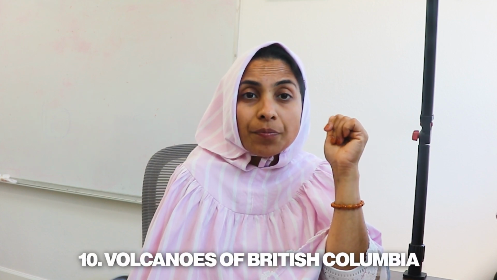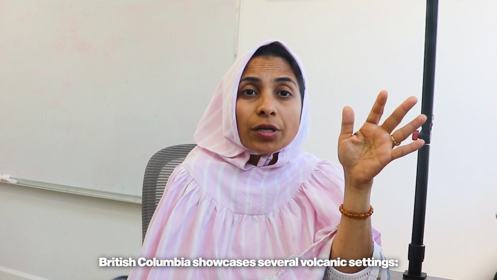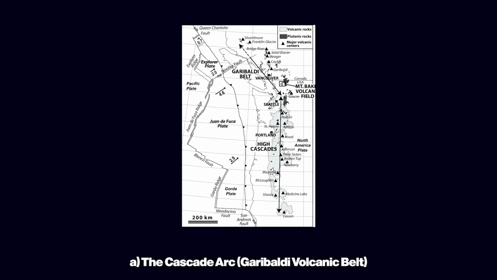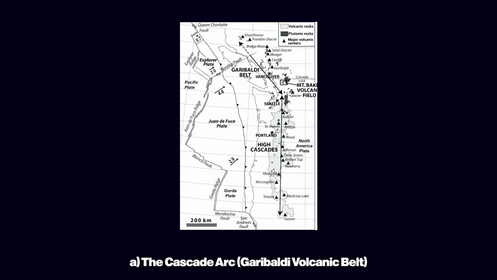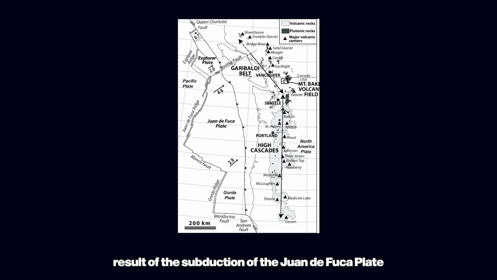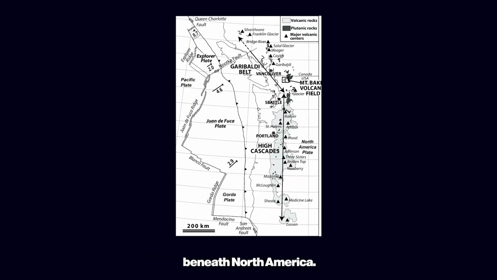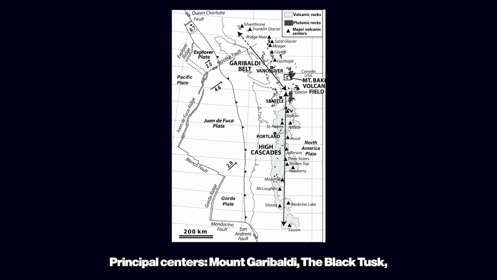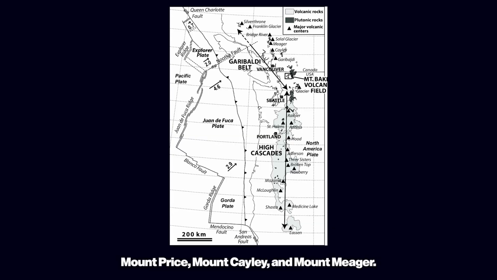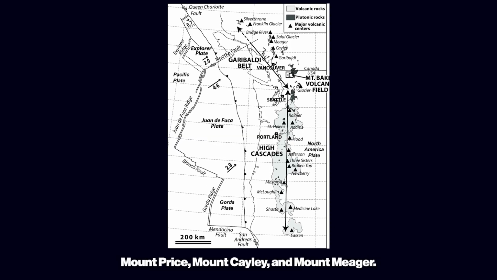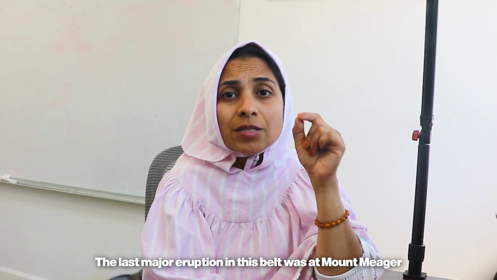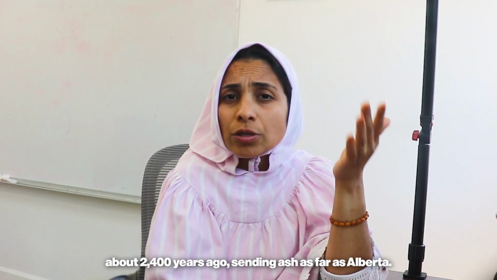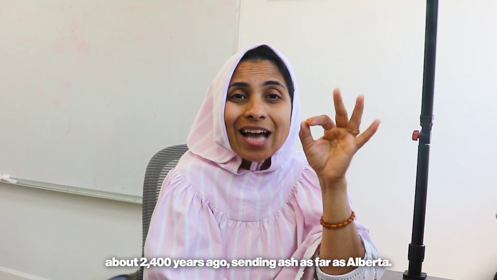Volcanoes of British Columbia. British Columbia showcases several volcanic settings. The Cascade Arc Garibaldi volcanic belt, result of the subduction of the Juan de Fuca plate beneath the North American plate. Principal centers: Mount Garibaldi, the Black Tusk, Mount Price, Mount Cayley, and Mount Meager. The last major eruption in this belt was at Mount Meager about 2,400 years ago, sending ash as far as